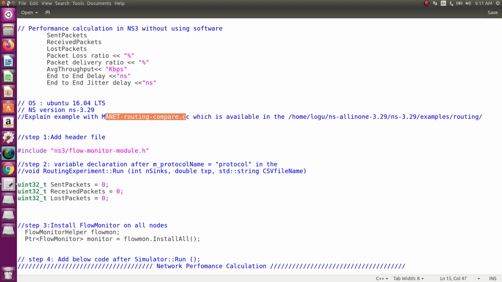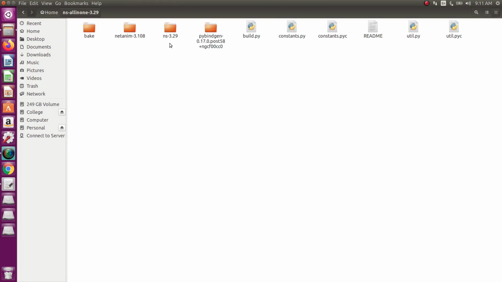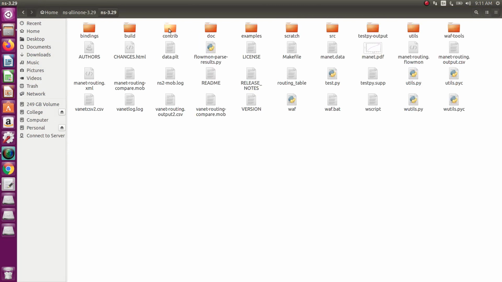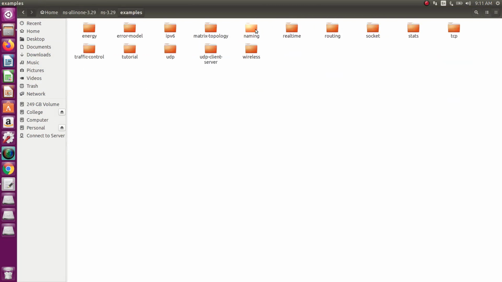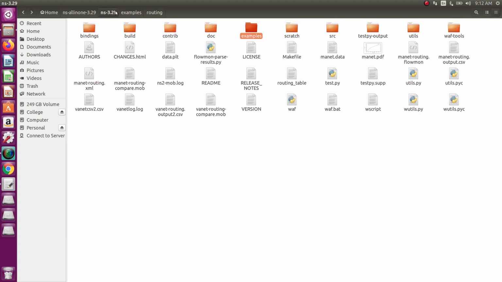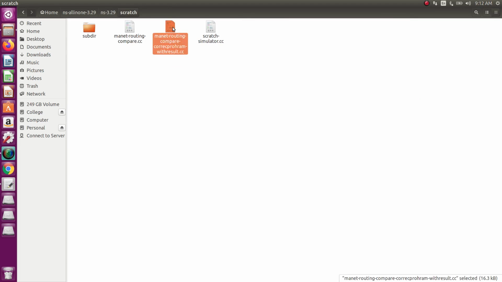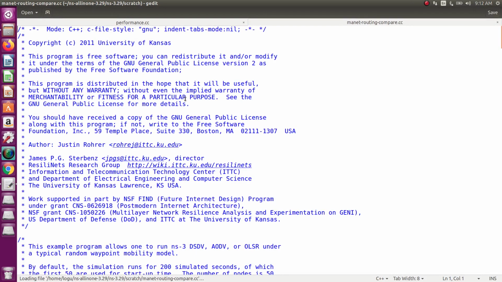First open NS all-in-one, then NS 3.29, then go to examples, then routing, and copy that manet routing file, manet-routing-compare.cc, then paste it in your scratch folder. So this is your manet routing program.